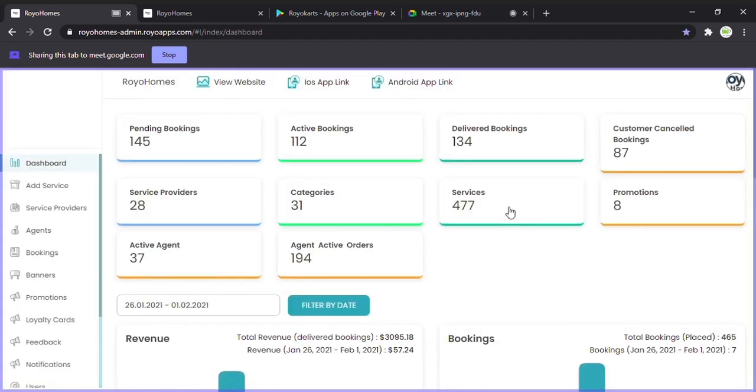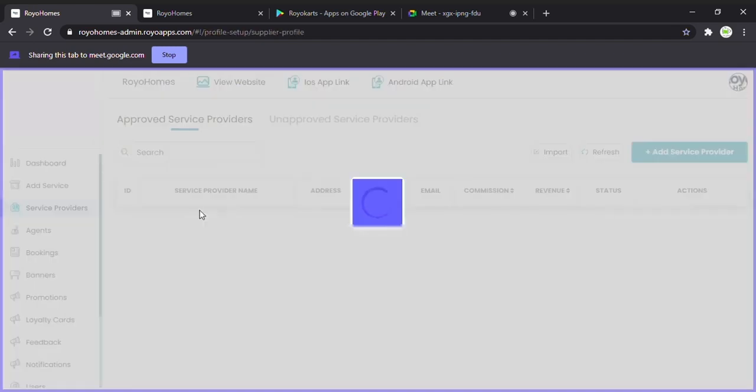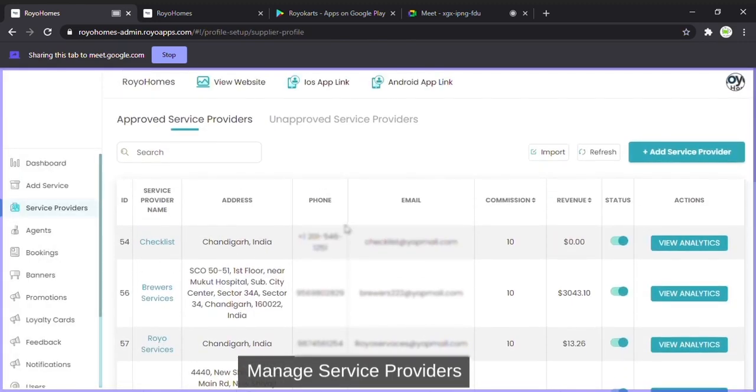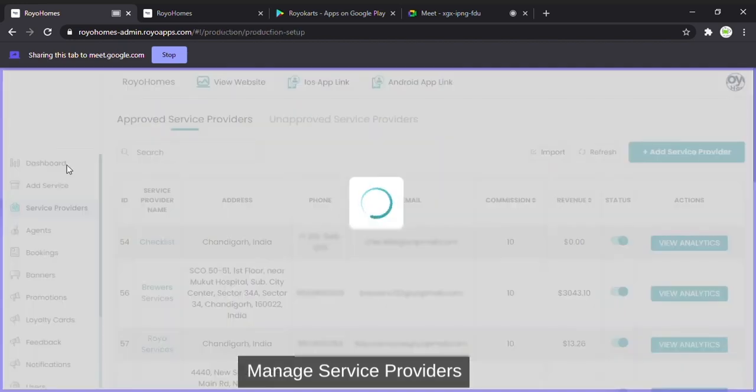Then categories, services, promotions that are going on, how many are the active agents, and agent active orders. So just to show you, you can just see the checklist, address, phone number, email, commission, the percentage that you want to give, revenue, and accordingly add the service provider. Very simple, very basic. Coming back to the dashboard,